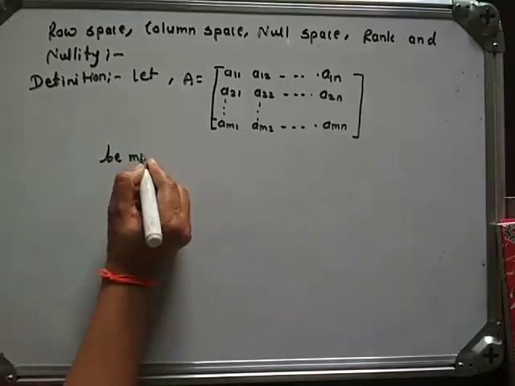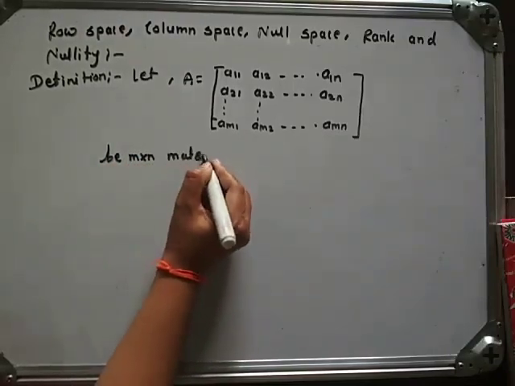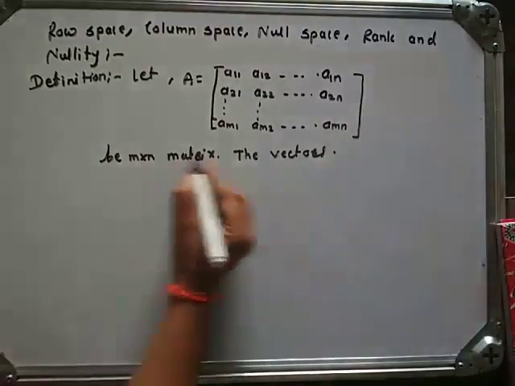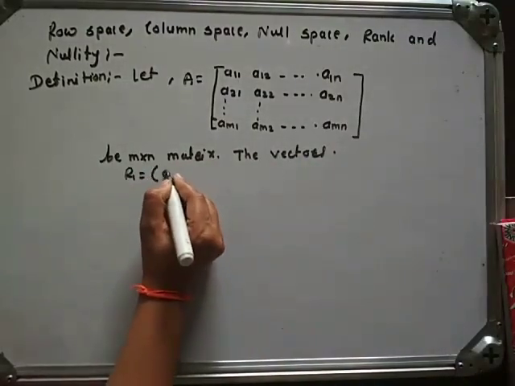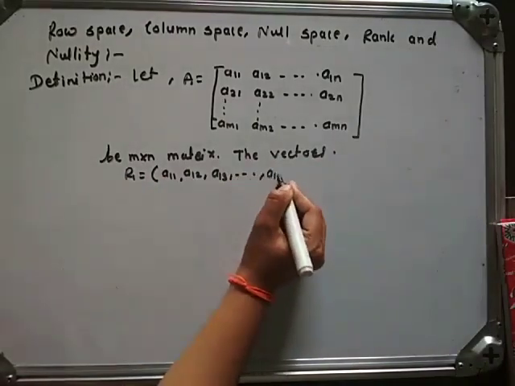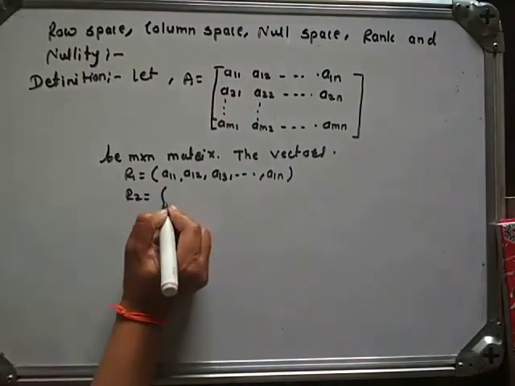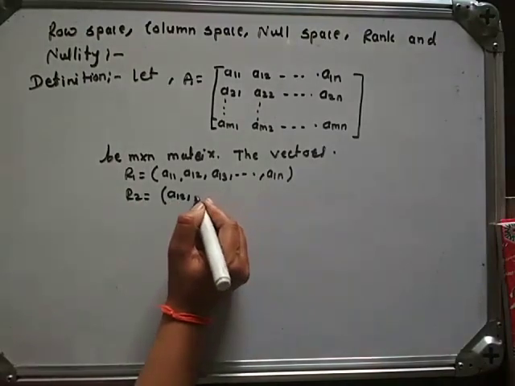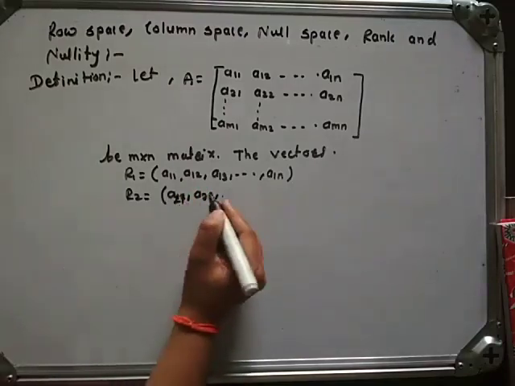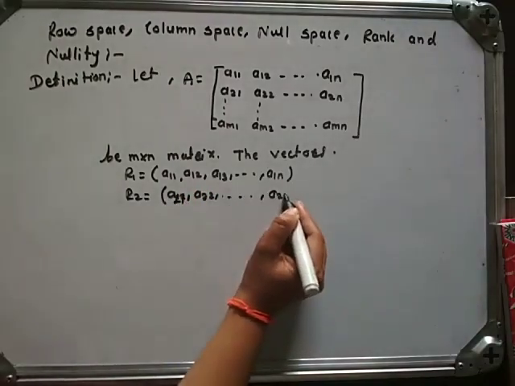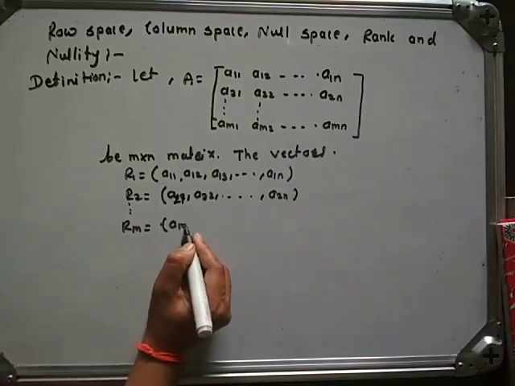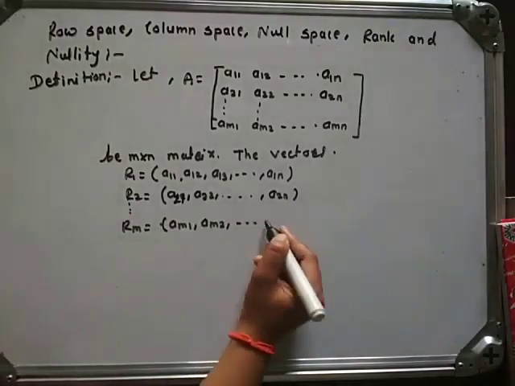The vectors R1 equals A11, A12, A13 and so on up to A1n, R2 equals A21, A22 and so on up to A2n, and so on up to Rm equals the vector Am1, Am2 and so on up to Amn,